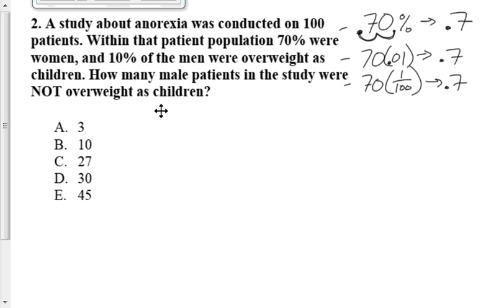Okay, so to go through this problem, it looks like we need to do a little progression of what we know and find little bits of what we don't know yet. So when I see this, we know that there are 100 patients and 70% were women. Our question was about how many men. So let's first figure out how many women there were based on the percent, and then we can figure out the number of men. So to set this up, we would do the 70%